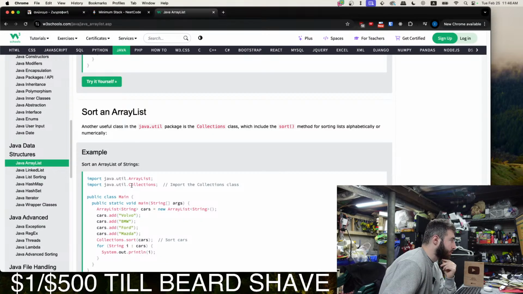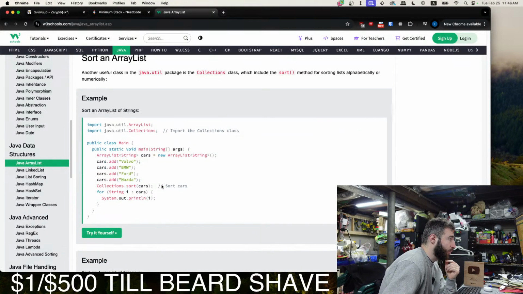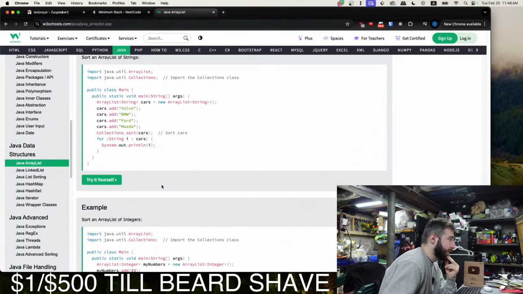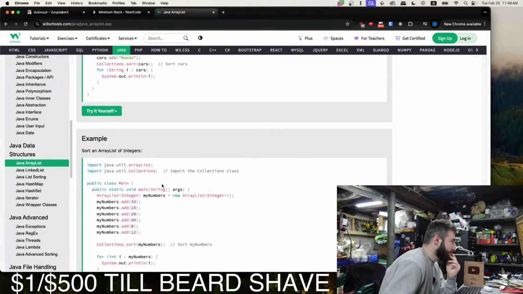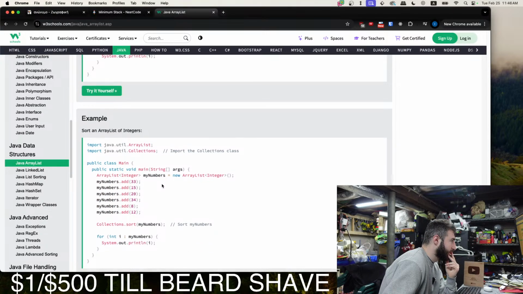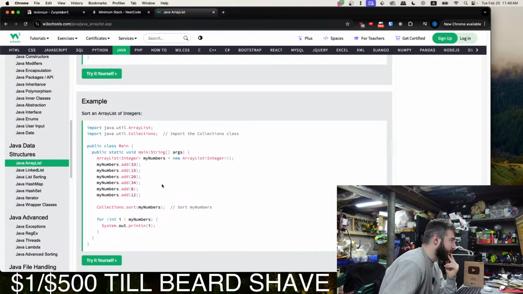Oh. Another useful class in the java.util package is the Collections class, which includes the sort method for sorting lists alphabetically or numerically. Interesting.